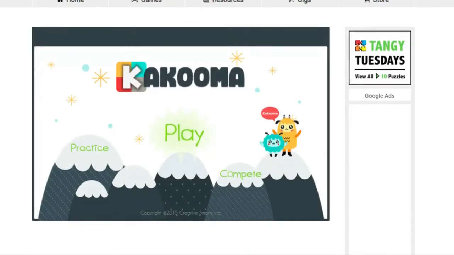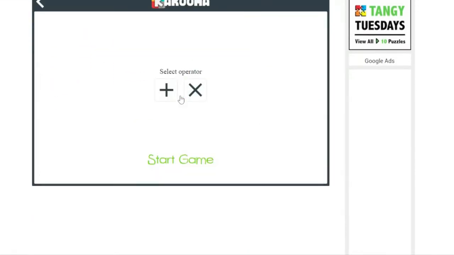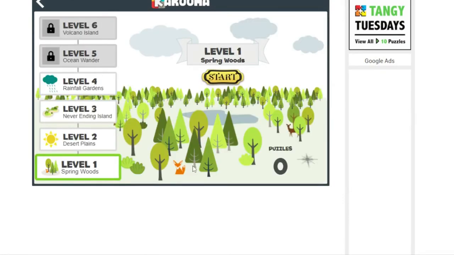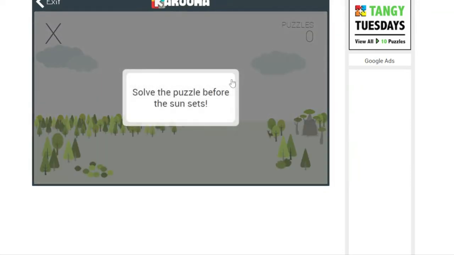You can choose the operations that you want them to work on, or they can choose the operations they need to work on and move through the levels. They have to decide